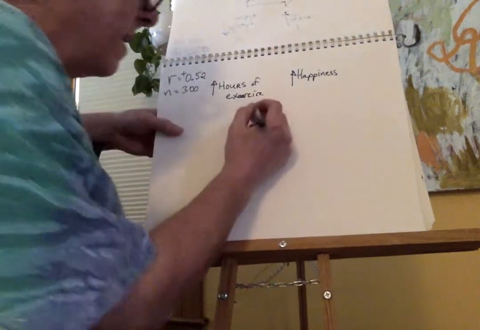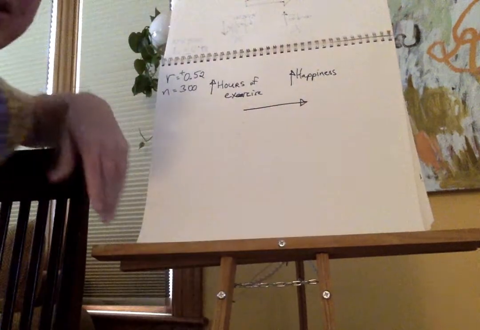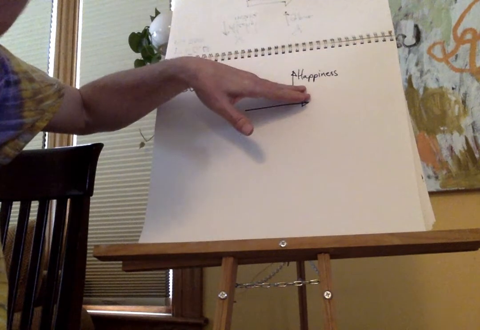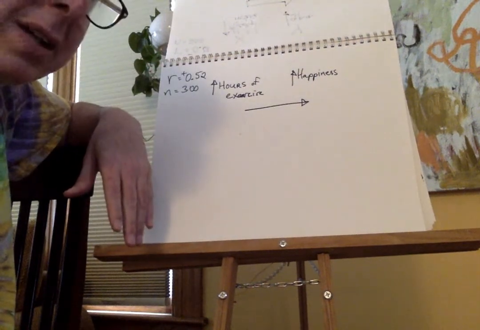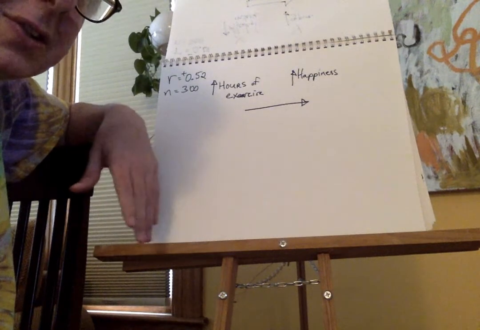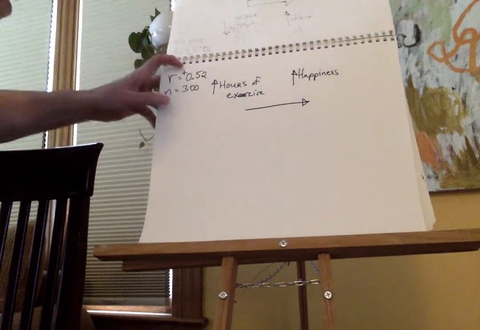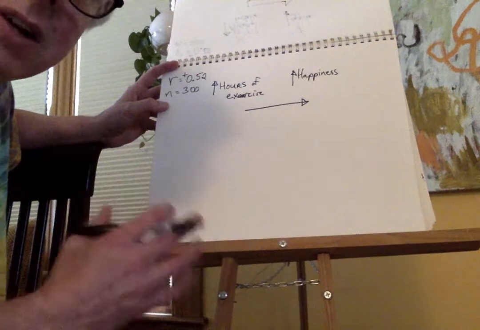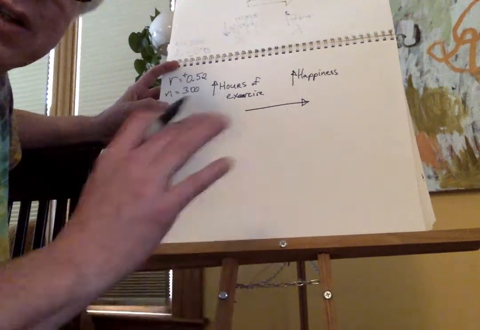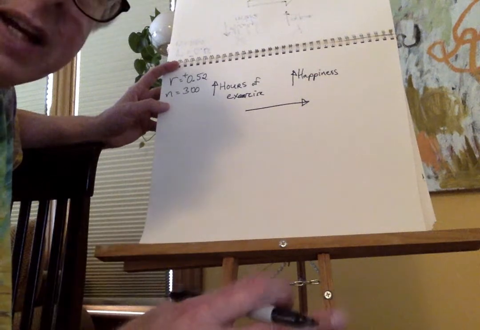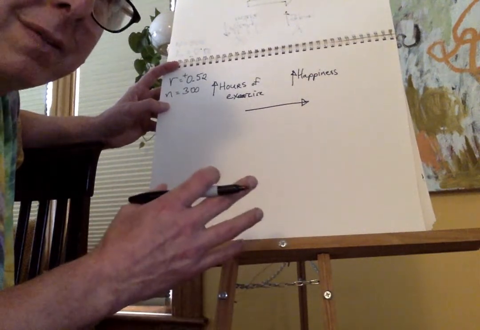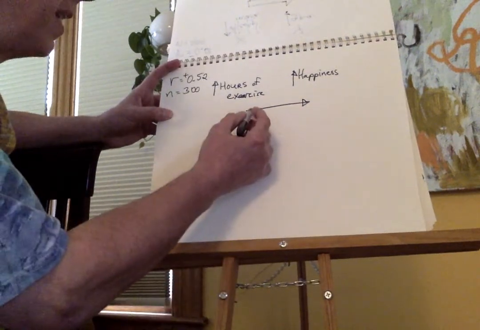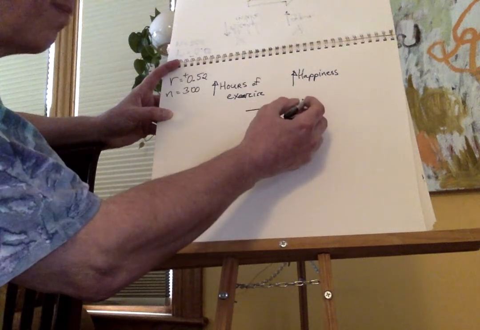But what is that doing? That's implying a causal direction, right? That's implying that the hours of exercise causes increased happiness. And I'm like, well, wait a minute, not so fast, because couldn't this correlation, again, I'm not going to be cynical about the data. Let's assume for the sake of this argument that the data are sound, that the study was done well and it's representative. I'm not talking about the research design. Let's assume that it was done very well. I would be careful implying that the direction of